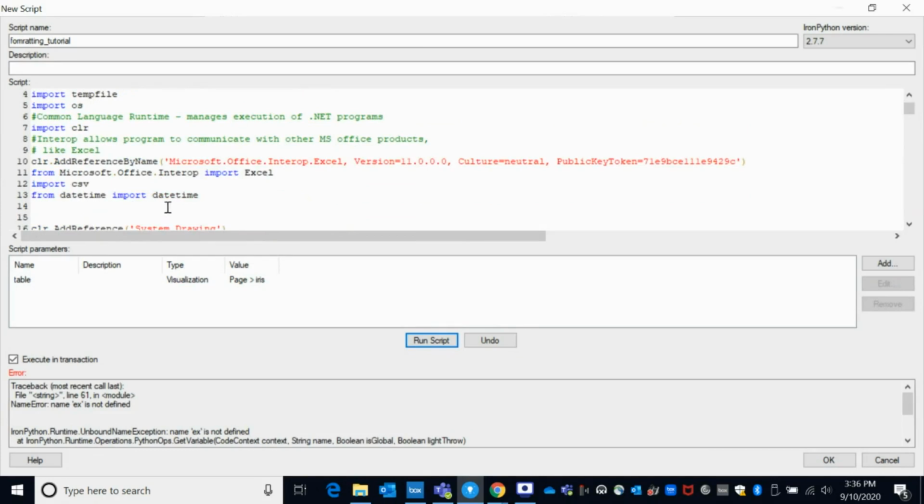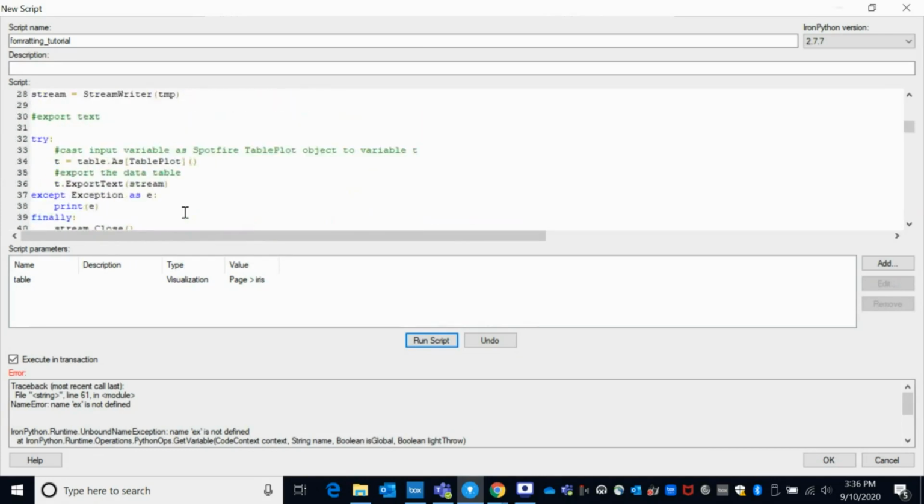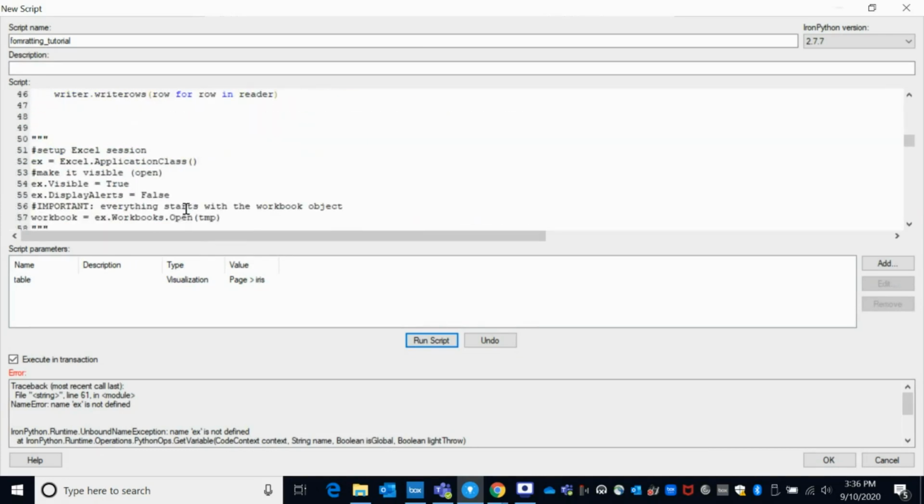X is not defined. Maybe I commented too much. So we still need the setup for the Excel session here. We've got to set up the Excel application class, and I'm saving that to EX. EX.visible equals true is what makes the Excel workbook actually visible on the screen when your code runs, which is